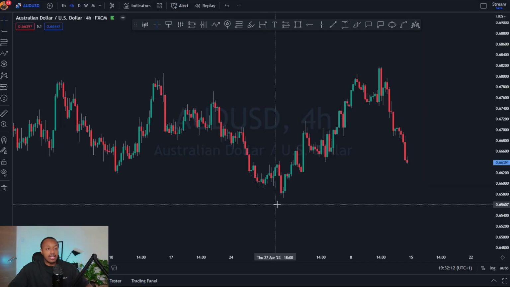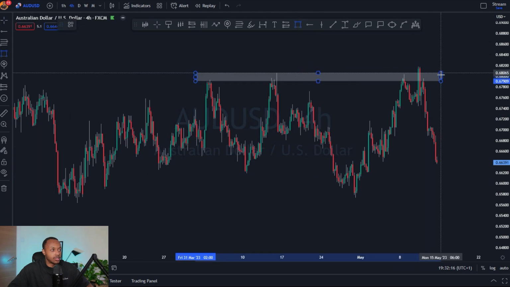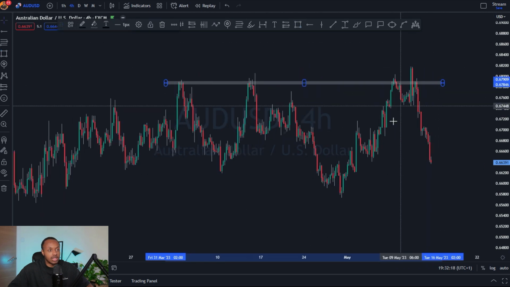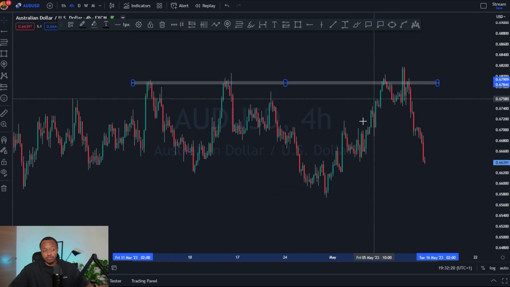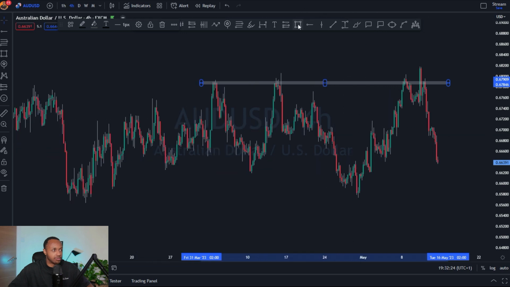Okay, so next up we've got AUD USD. For me, for this one, still ranging. The price came back to the highs of the resistance. Really nice move into the level this week. We were looking for some continuations, but really no opportunity to get involved there, and now price